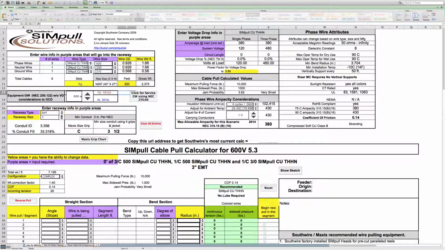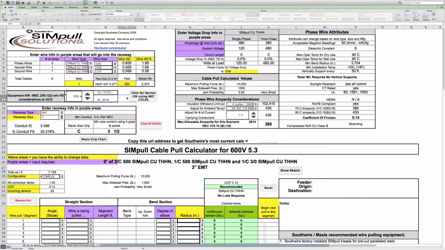If I wanted 2 sets, I would simply change this to see my reel size, and for 2 sets, it would go on a 60-inch by 34-inch reel and be 4,770 pounds. And it would also exceed my Maxxis jacks. So this gives you information when you start stacking number of sets, what size payoff equipment you would need. Right now I'm just going to go back to 1 set